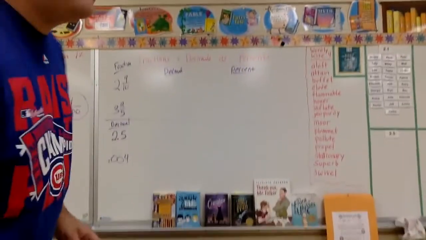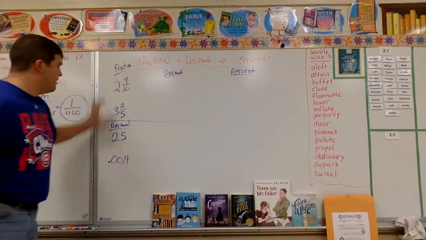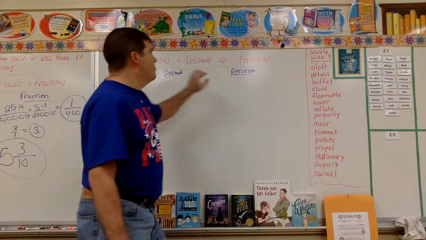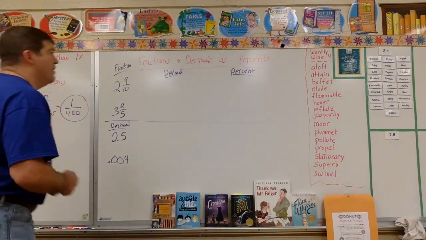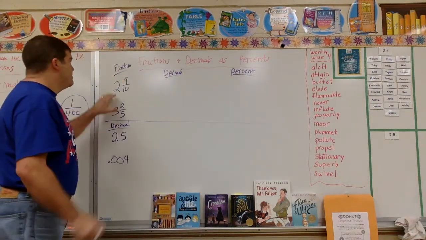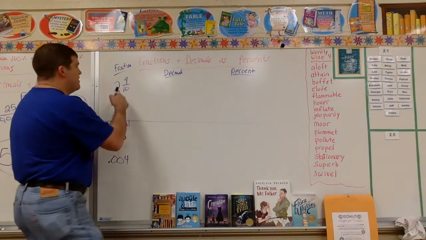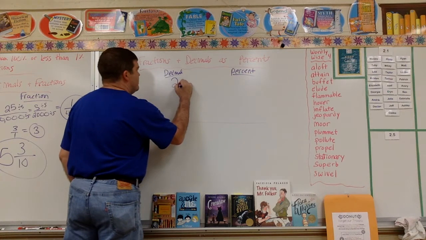Now I have some fractions here, I have some decimals here. I want to take my fractions, put it into a decimal, put it into a percent. All right, I like to go to decimals first. So, decimal. I know I have 2 whole numbers. I could just say this is going to be 2.9